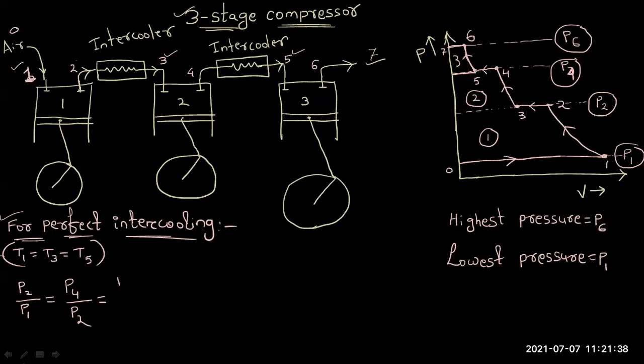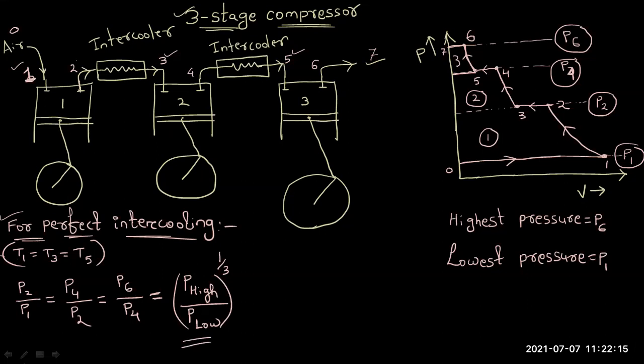But we have named it, so we write P6 divided by P4, and P4 is P5 because this is a constant pressure process. Okay, so this is the perfect intercooling condition, which will be equal to, here only one more new thing we will add, which will be equal to P high divided by P low whole to the power 1 by 3. Okay, so these new terms will only come here.